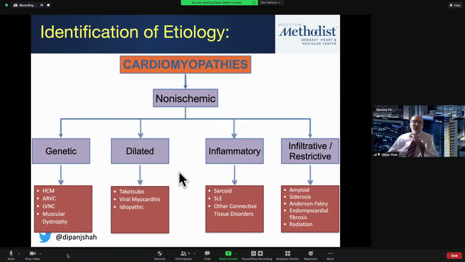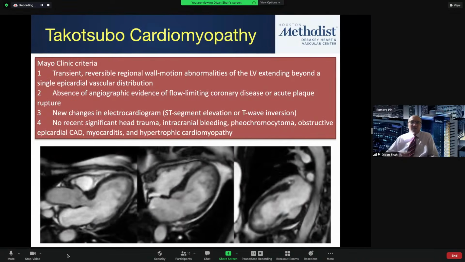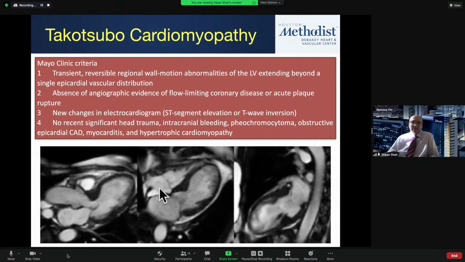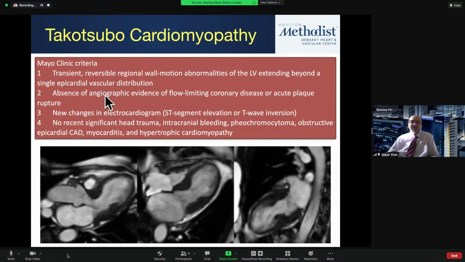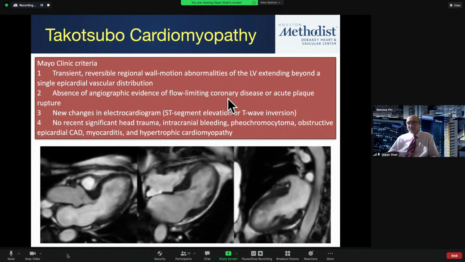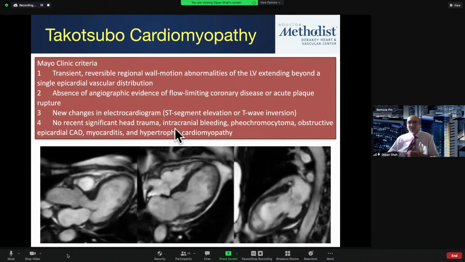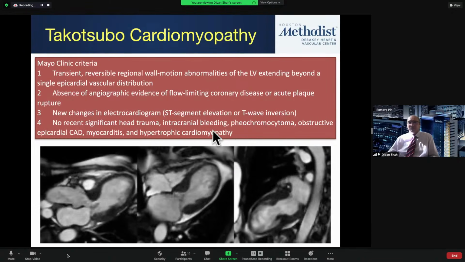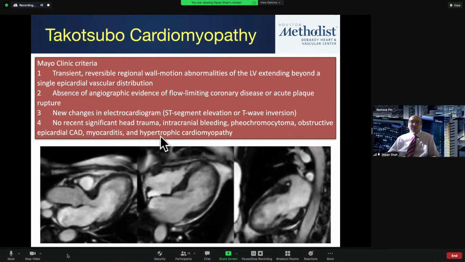So let's move next to the dilated cardiomyopathies. We'll start off with this case here. And again, I think all of us would look at these CT images right off the bat and say, yes, clearly we're dealing with a case of a large apical wall motion abnormality, which obviously, in the absence of angiographic evidence of flow-limiting coronary obstruction, in the presence of new EKG changes, and in the absence of other mimicking conditions such as intracranial bleed, hypertrophic cardiomyopathy, or myocarditis, would fit the Mayo Clinic criteria for Takotsubo's